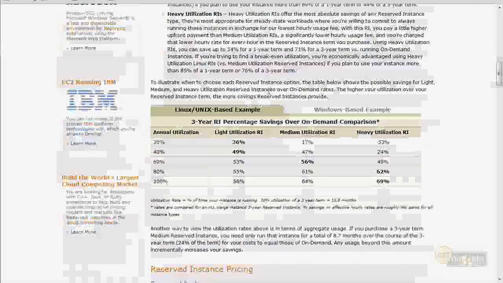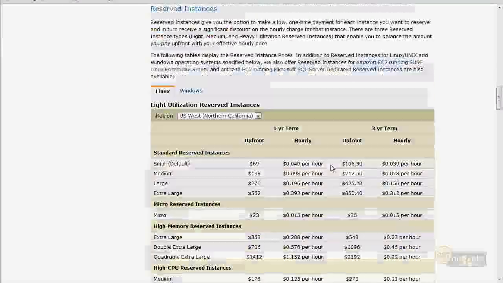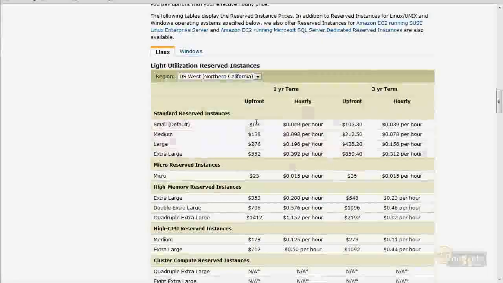Now, there is a little chart here which does give you a good cost comparison. But the reason they don't just roll it out and say this is what you should pick, like when you sign up, choose this one, is because they've given you all the rates. They've given you the down payment.